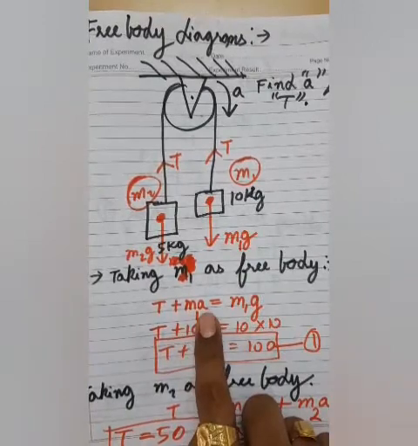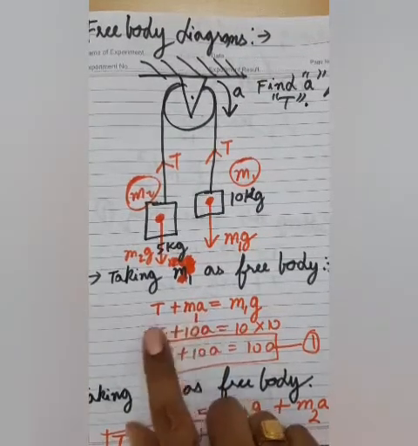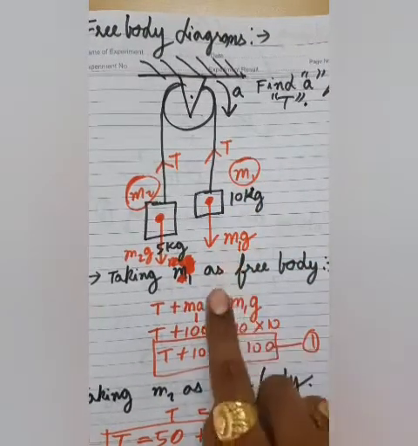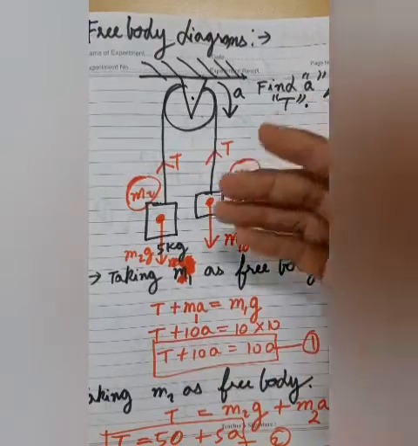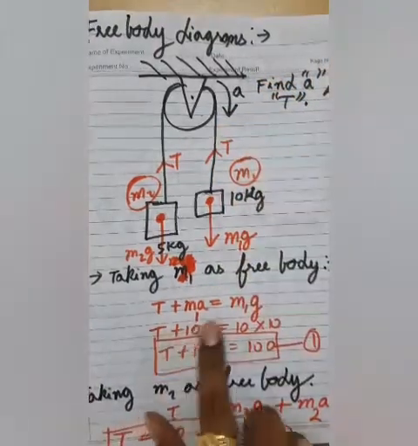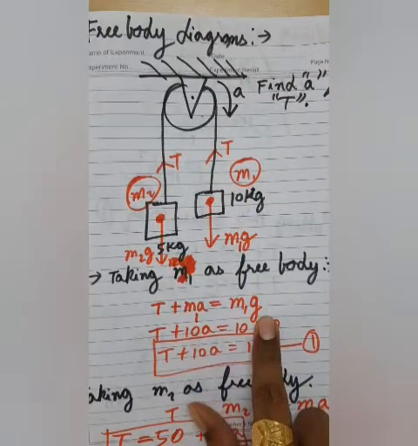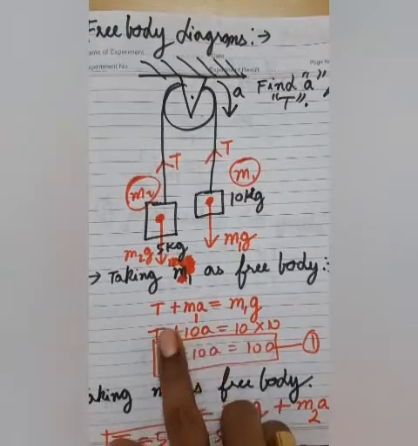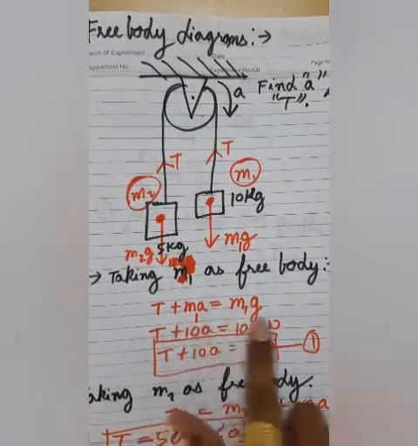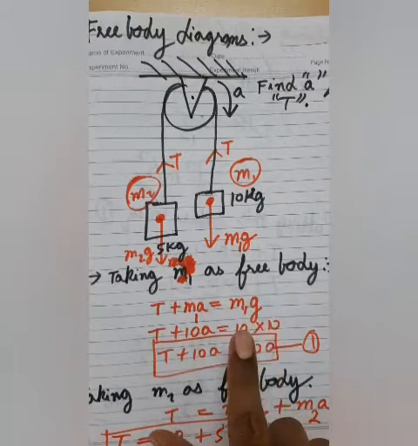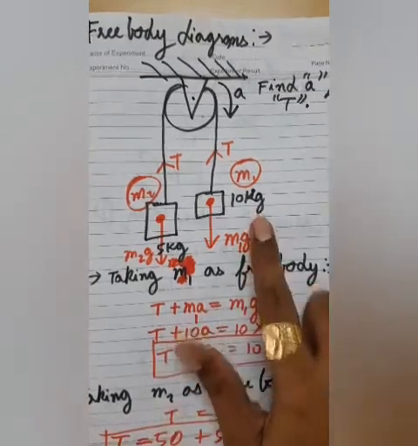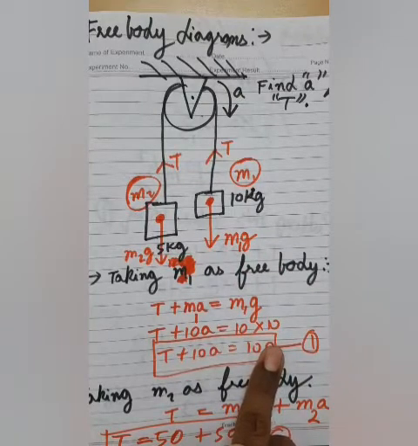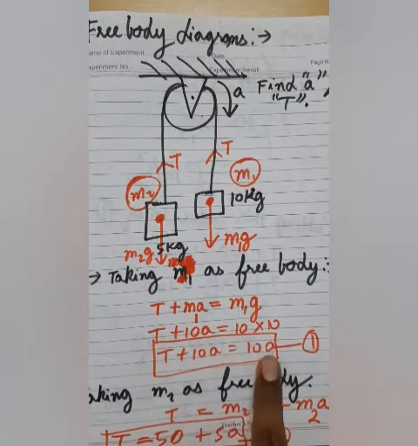So it becomes m1a, and as soon as I add this m1a to the tension, the force on the left hand side is equal to the right hand side, because tension was lighter than m1g. Now tension has got m1a, because of which it has become equal to m1g. Now this equation is correct. As far as m1 is concerned, it is 10 kg, so we'll write 10 and 10 over here, and g is always 9 point something, but here we are taking it as 10. So this is our first equation.